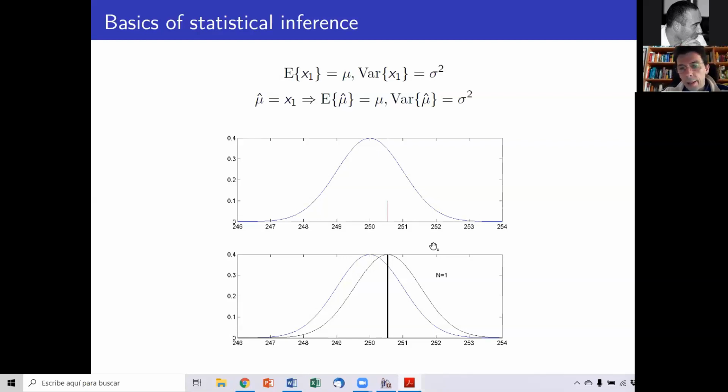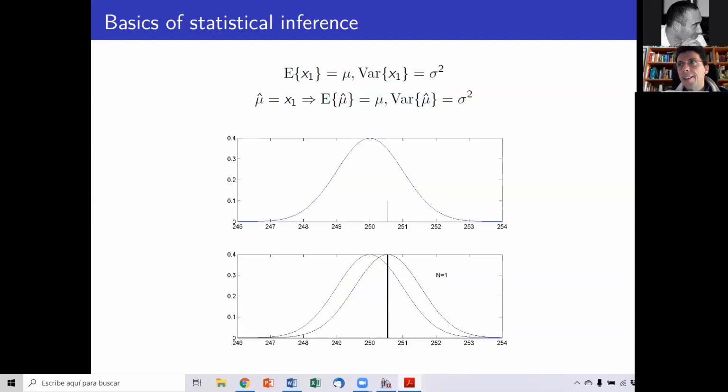So I take just one tablet, and it gives a value of 250.5. So with just one tablet, what is my estimate of the current state of the machine? All I can say is that my estimated mean, the hat here means estimated, is the tablet that I have seen, because I don't have any other evidence. So at this moment, my estimated mean has this 250.5 as average,